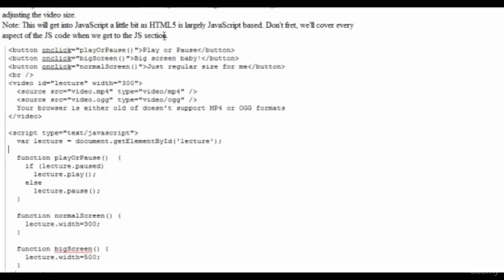Now I'd like to take just one more moment and go over the onClick attribute. The onClick attribute is a beautiful, beautiful thing. It can be added to almost every element in the body, and once a user clicks it, it will activate the JavaScript function. Now until we get into functions, this really isn't that useful to you, but when we do, the onClick button will be an amazing feature that you will absolutely love.